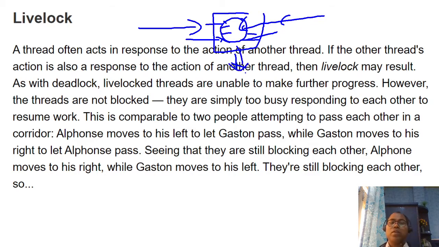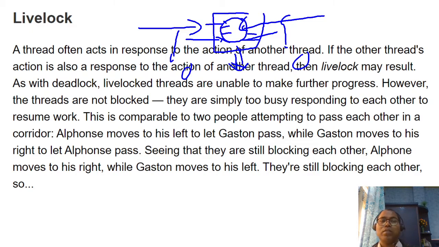This situation is known as a live lock. Here both are trying to do something, but due to the sequence they are not able to complete the whole task assigned. The difference from deadlock is that in deadlock, both threads are waiting for each other, in a blocked kind of situation.